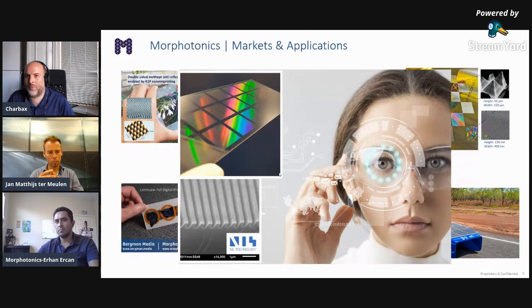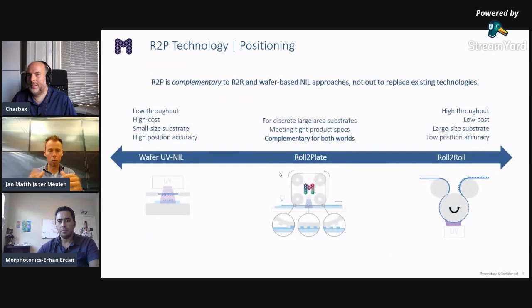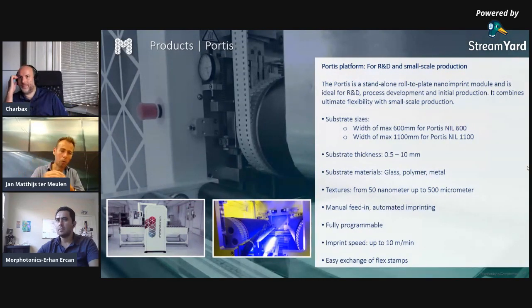post-corona Morphotonics. You have a lot of plans and developments, things happening. Correct. So one of the things is that we now have the imprint modules and decoders at Gen 5 size. This enables customers to make imprints, but we further want to automate it. So what you see here on the board is these are the standalone modules at Gen 3 or Gen 5